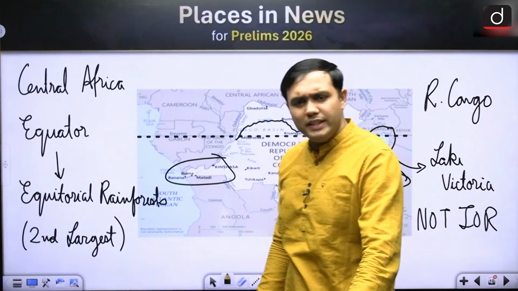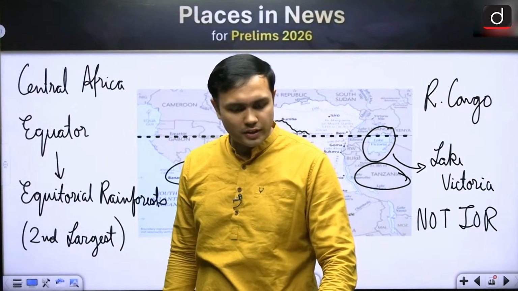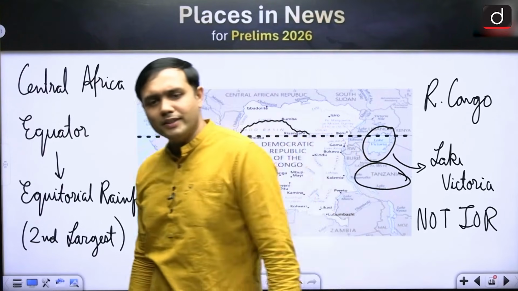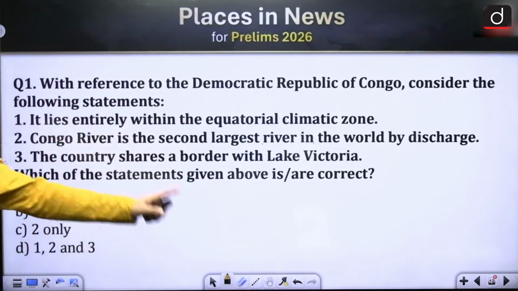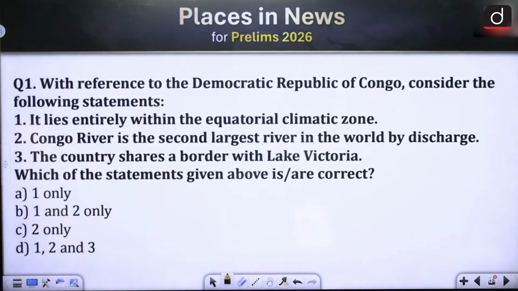Okay. So these are the different types of aspects that you can expect from this particular location. Lastly, of course, the question, let's see how many of you are able to get it correct. You will have to pause it here and then we will discuss it in the next class. You can pause it here and try and answer this question.